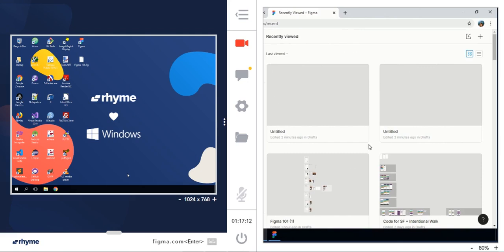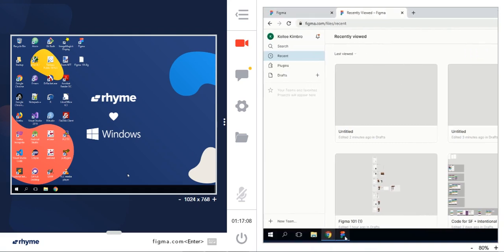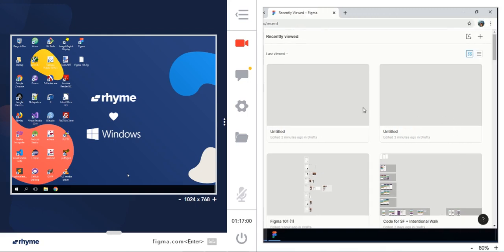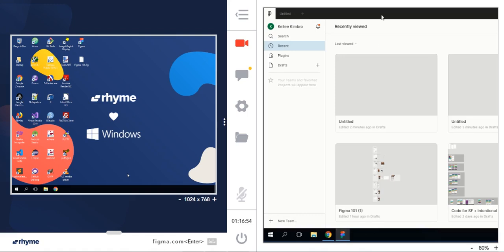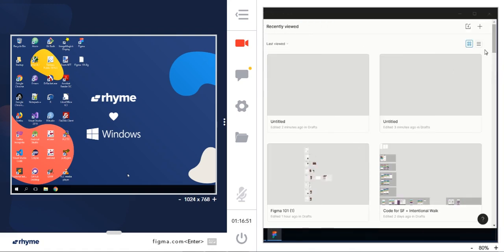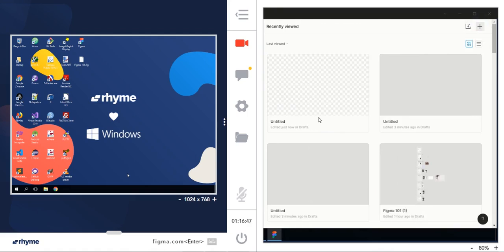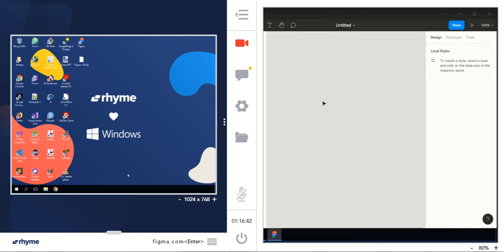So it's pretty nice. We have to use Figma on the desktop in this software because we are running a mirrored desktop, but normally, you can just use it in the browser. But it's up to you. You can do whatever you want. So let's go back to the desktop app and let's create a new file. So we'll click here, create a new file. Wait for it to load. And once we've created a new file,